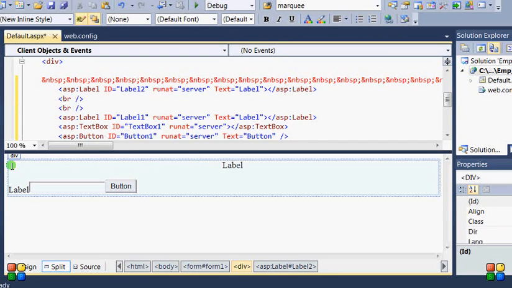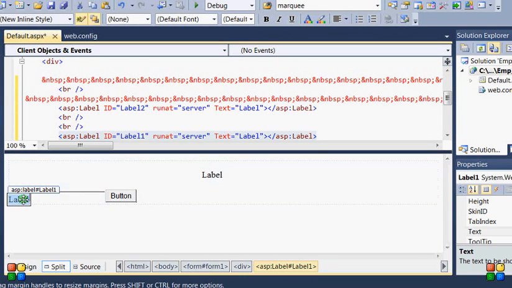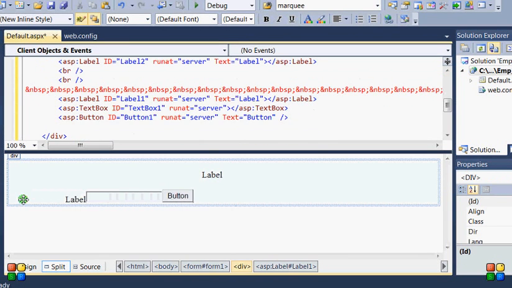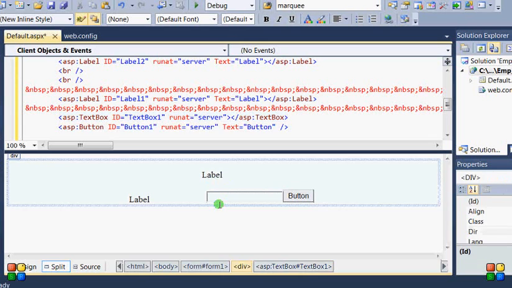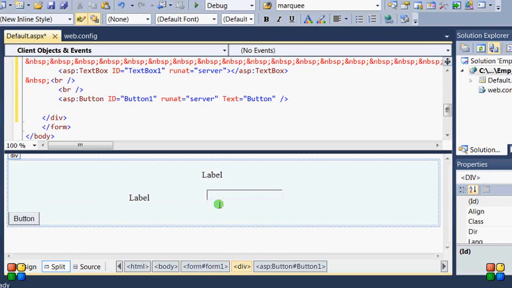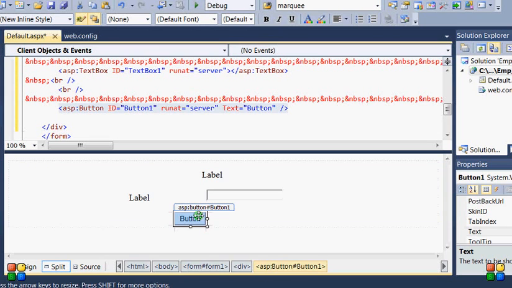Label one is the heading, so here we are going to put the heading. This has some details. And this is a button. So we have to put it in a good place where it will look better.